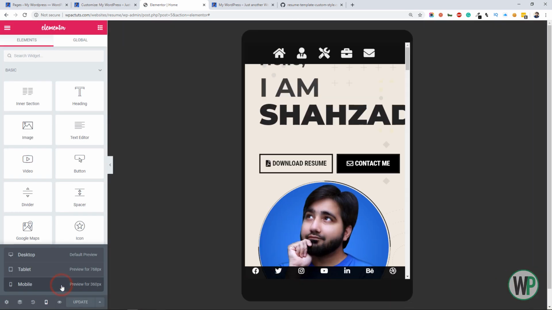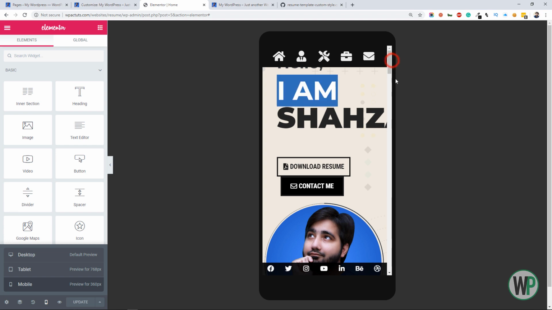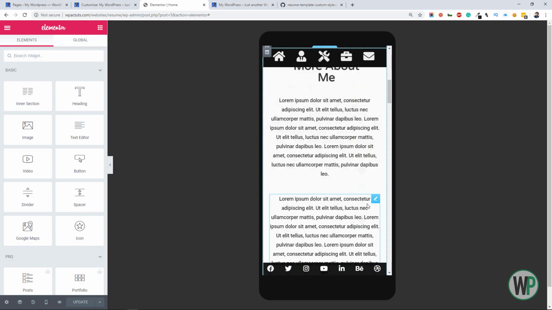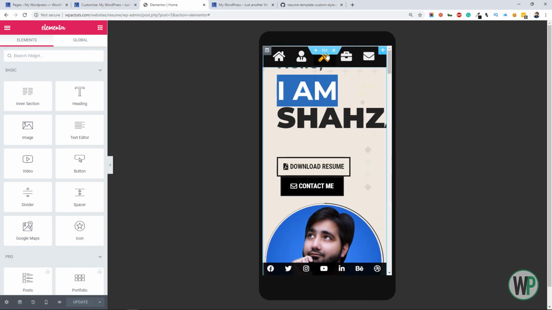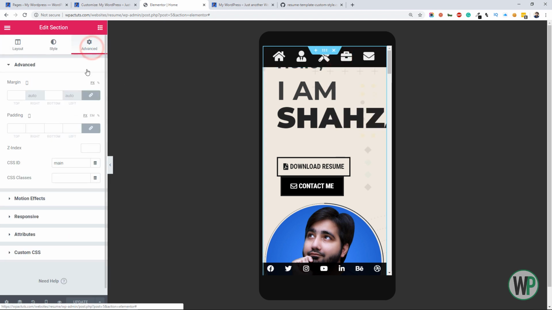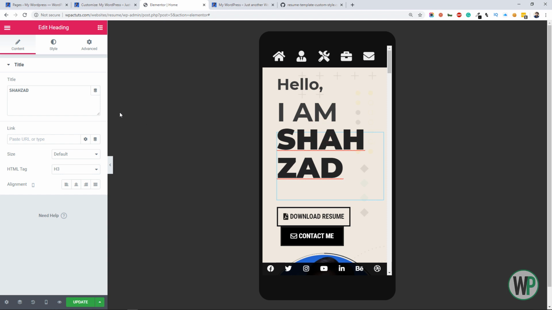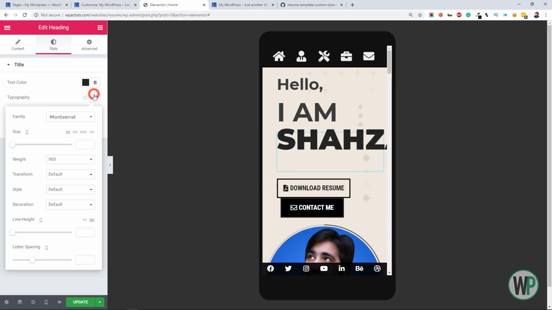Now you see the navigation and social icons are stuck to the top and bottom of the screen on mobile resolution. Now just follow the steps and style other widgets and elements for mobile screen.